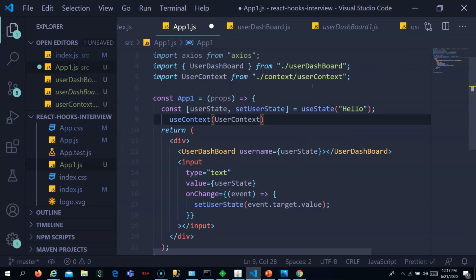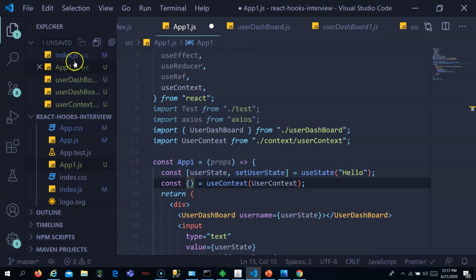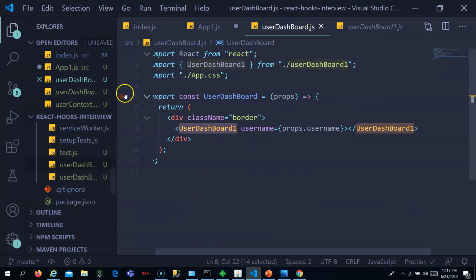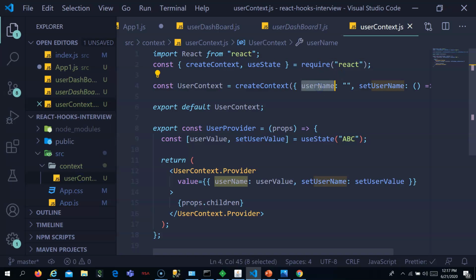That has to be imported, and the useContext also we imported. Now this will return 2 values. It will return whatever we specified in that context. We have specified username and set username, right?